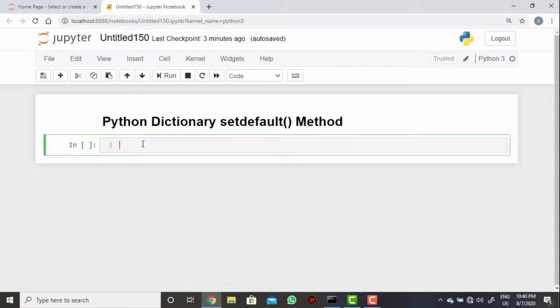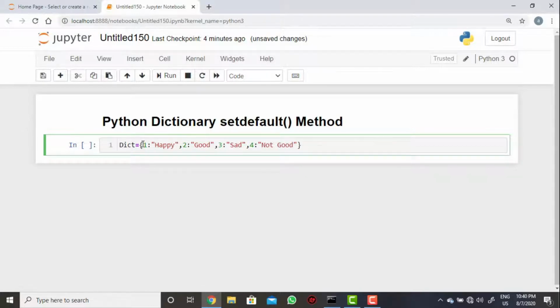You can understand with an example. I'm just taking dict equal to, then any value you take. You can say happy, and then the value you can say good, and then sad, and then not good, whatever you like.